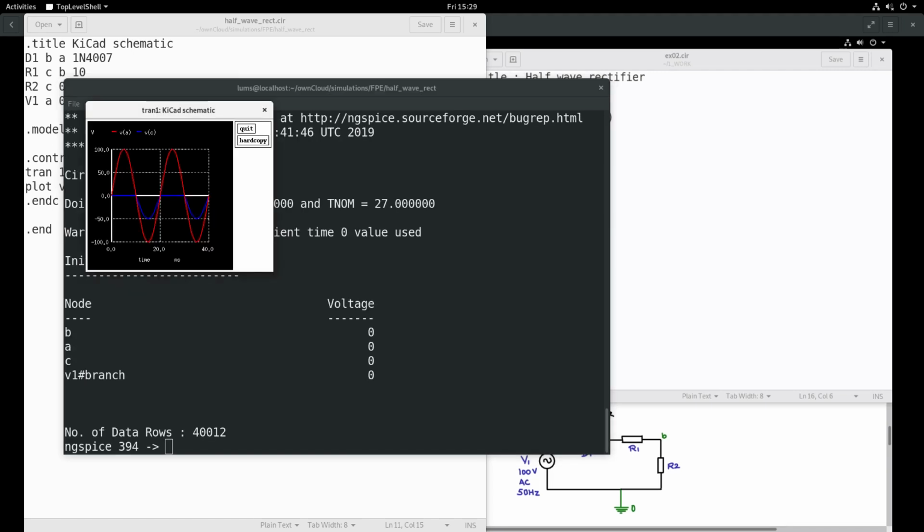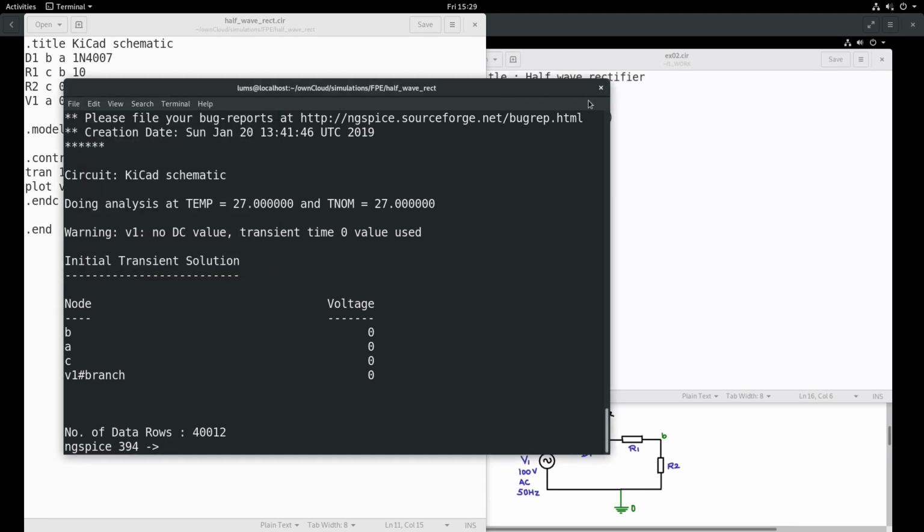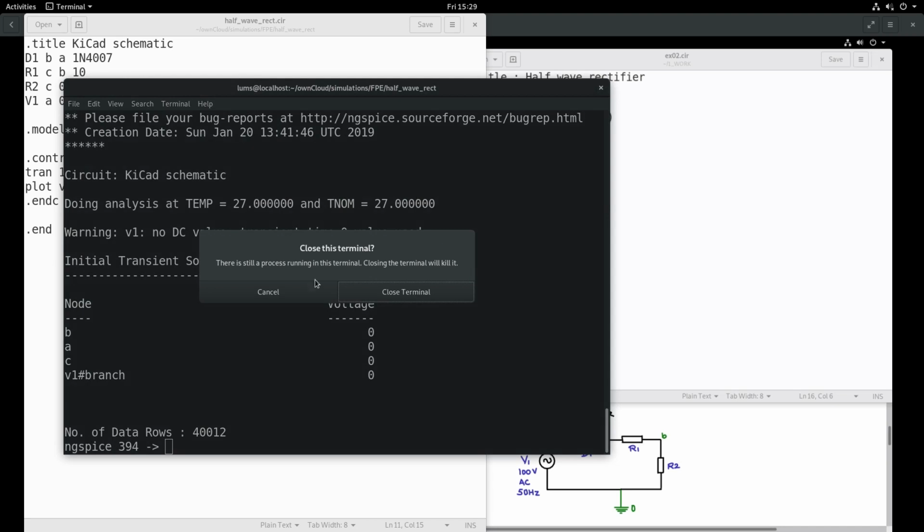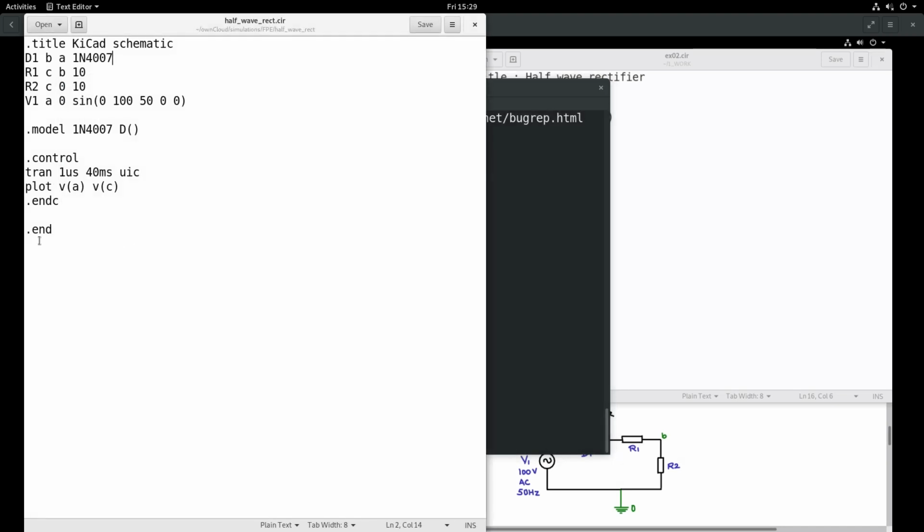So you see that it automatically executes directly because we have used the control statements. But there is also another way to get these control statements here without typing it in here. You can place it in the schematic and this will come in there automatically. So let us see that.